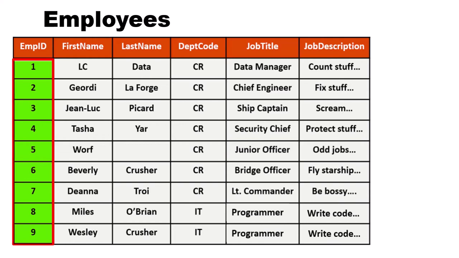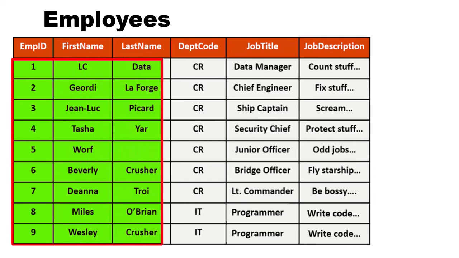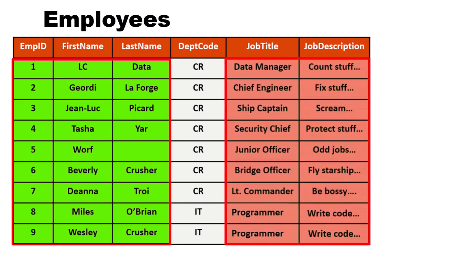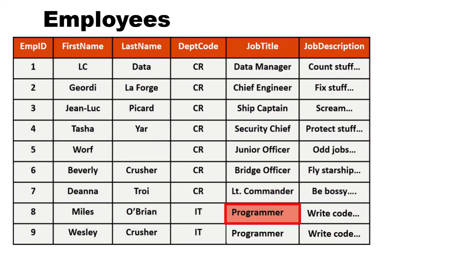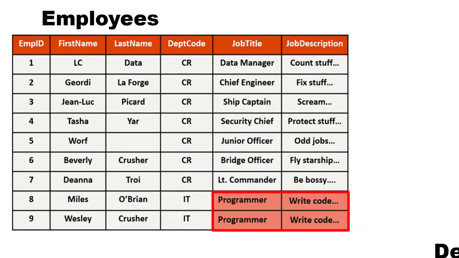In other words, the fields first name and last name describe the employee, so they depend on the primary key, but the job title and job description fields are not attributes of an employee. They describe a job. The problem with this design is that this is not the only guy that performs that job. So, for every guy that is a programmer, we will store the same job title and job description, and that is a waste of valuable space in storage.